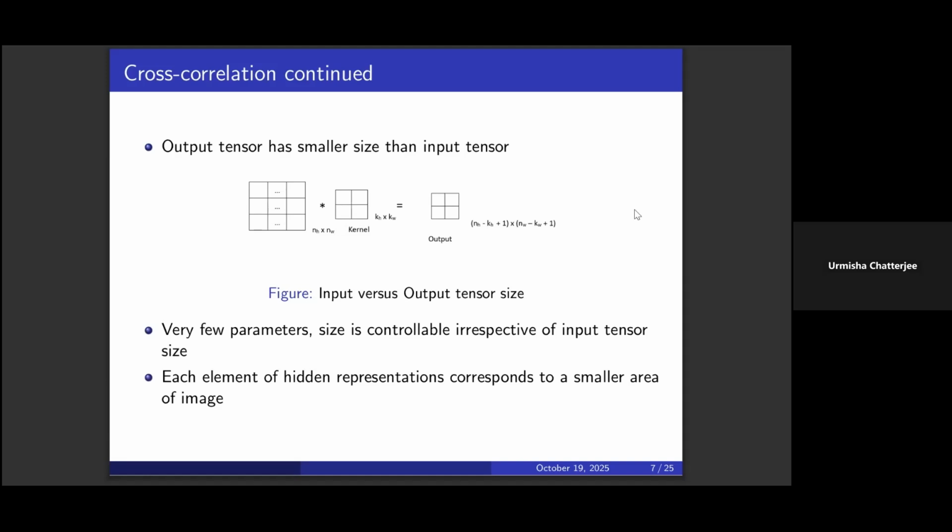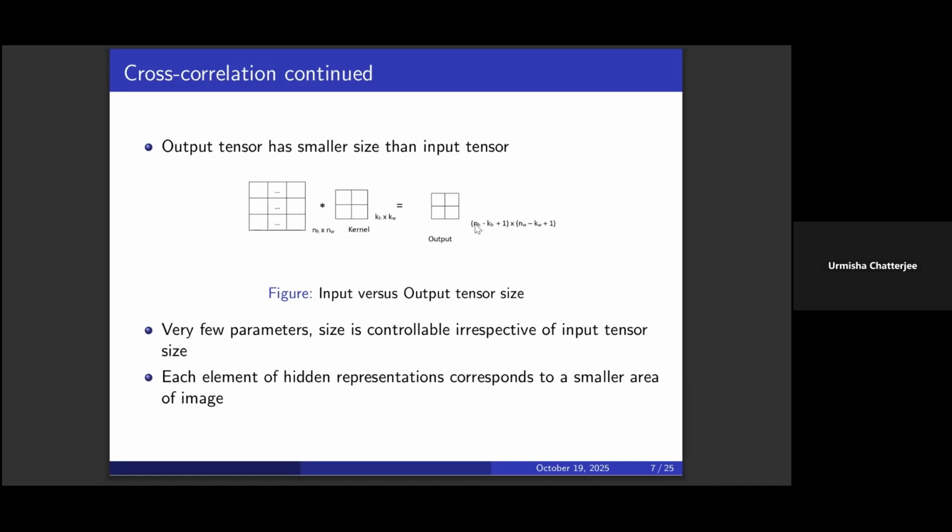In general, if our image has a size of nh by nw, and our kernel, the window of averaging, has a size of kh by kw, then the output tensor, or output array, will be of size nh minus kh plus 1 by nw minus kw plus 1. I'm using the word tensor because I was doing Python coding using the TensorFlow library, where arrays are all addressed as tensors. The word tensor is also very widely used in deep learning in place of array.